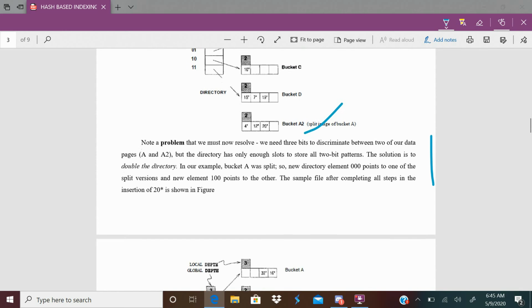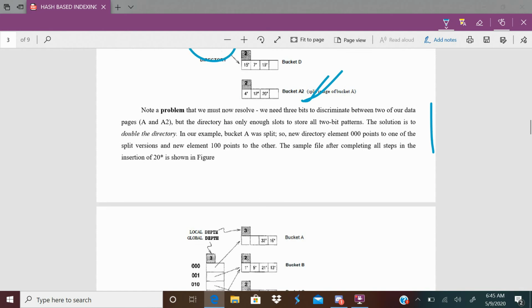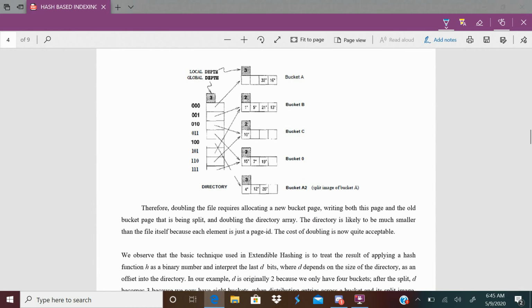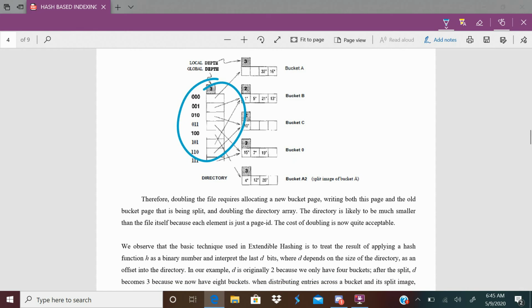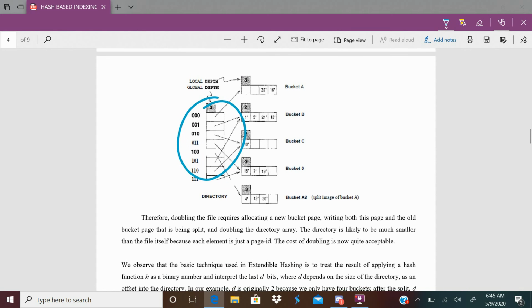Directory doubling means, as you can see in this example, we have a directory of 4 pointers. After a split occurs here, which causes doubling of the directory, you can see the directory now has 8 pointers. Again, I explained the cases where directory doubling is required or not required. Directory doubling is based on the local depth of the bucket.